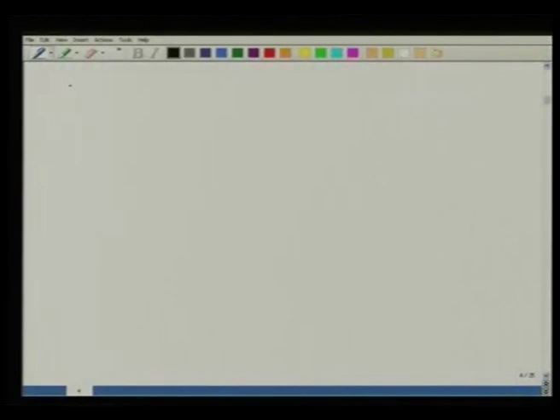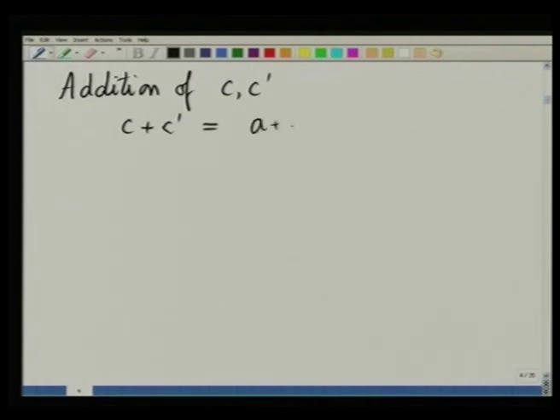When you want to add two complex numbers, you would find the rectangular coordinate representation more convenient, because C plus C prime is defined as A plus A prime plus J B plus B prime, where of course C equals